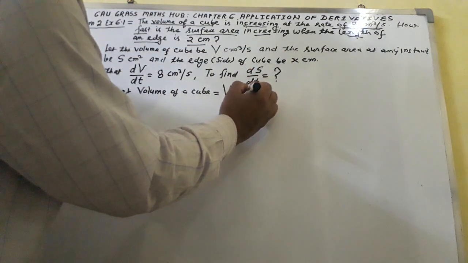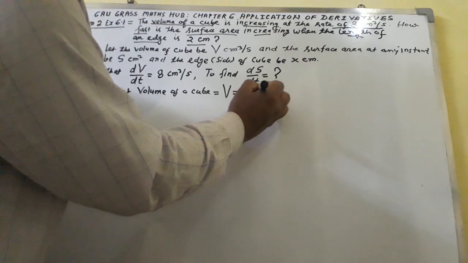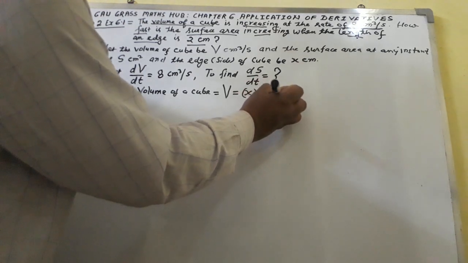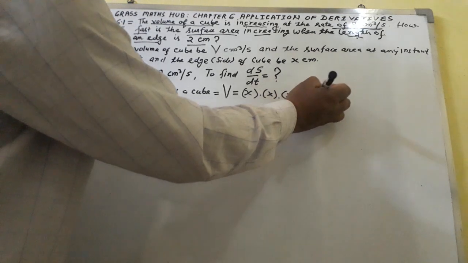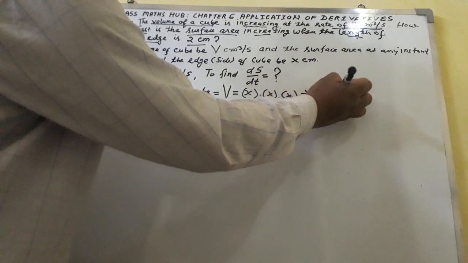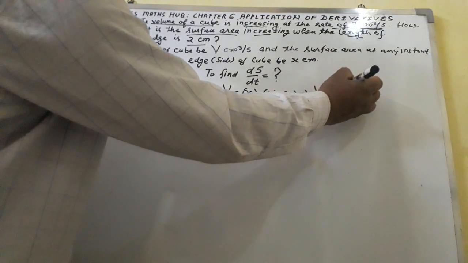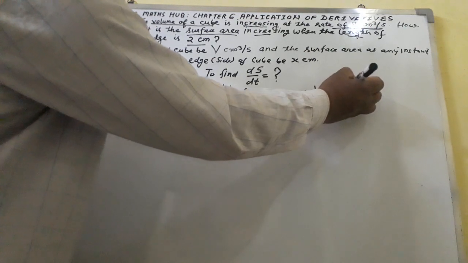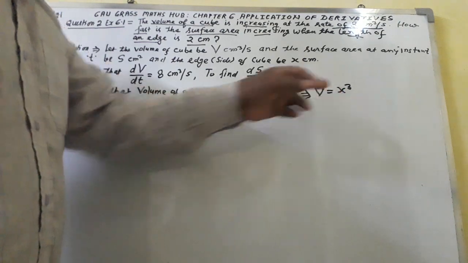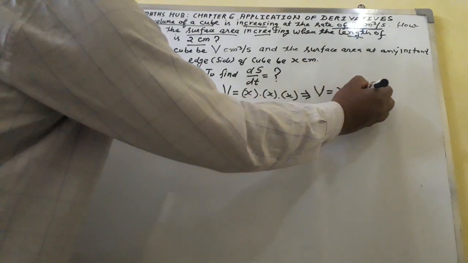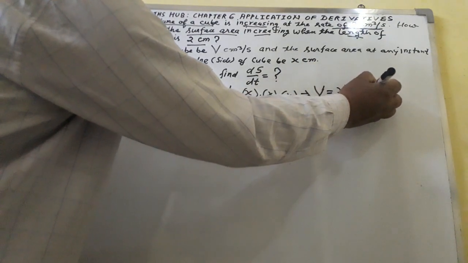So you will get x multiplied by x multiplied by x, capital V equal to x raised to the power 3, x cube. Volume you have got x cube centimeter cube,